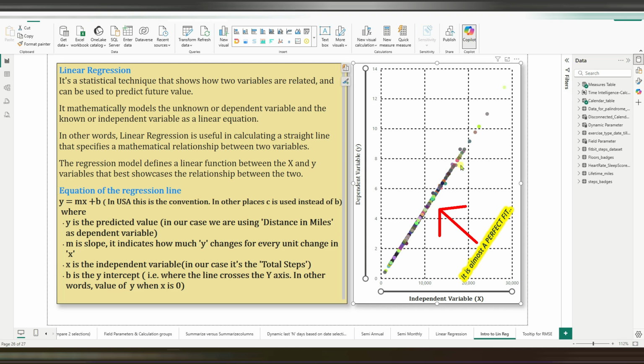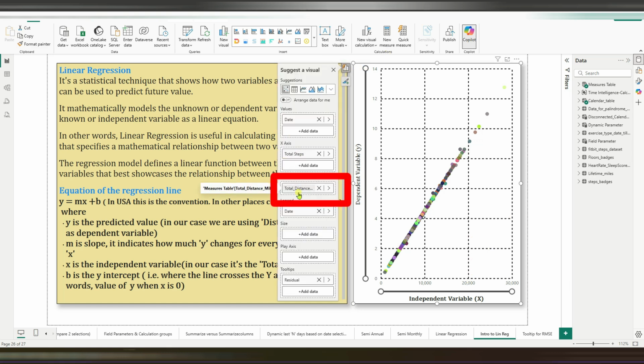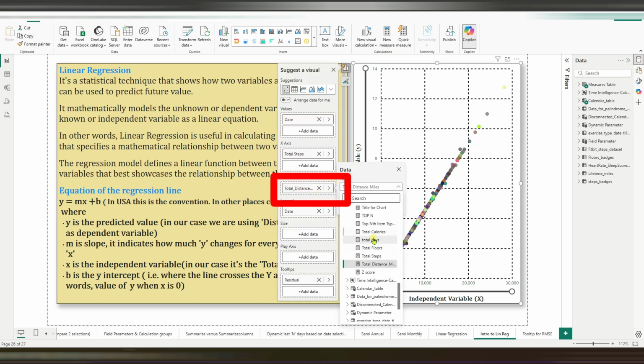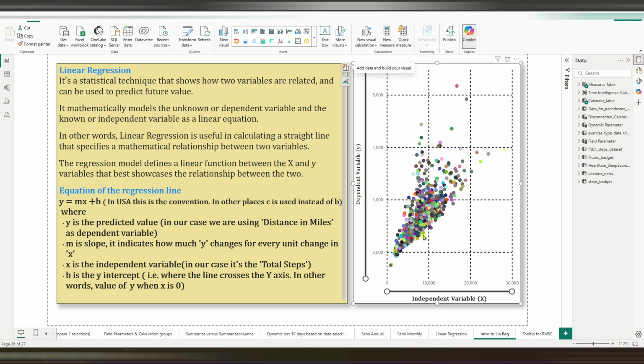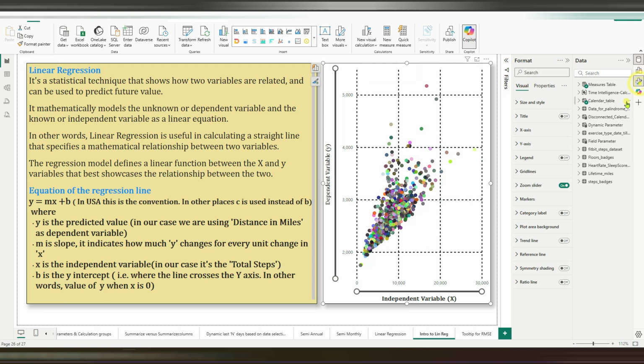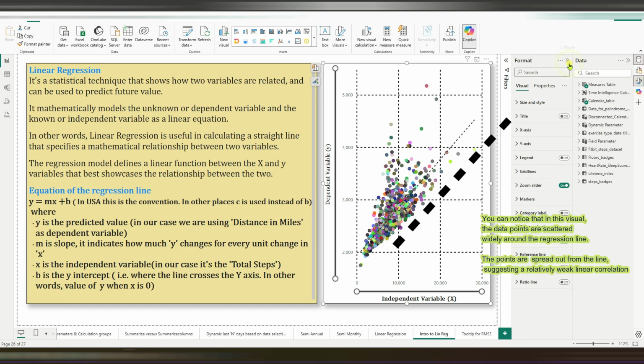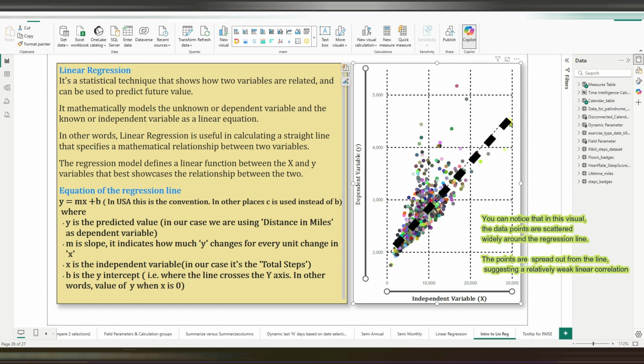And you can see that it's a perfect fit. There is a regression line also. The values are almost matching, in the sense there is a linear relationship between these variables. If we swap out the total distance and change it to total calories, and here you can see the values, the data points are scattered, right? Now if you add a trend line here, the data points are scattered widely around the